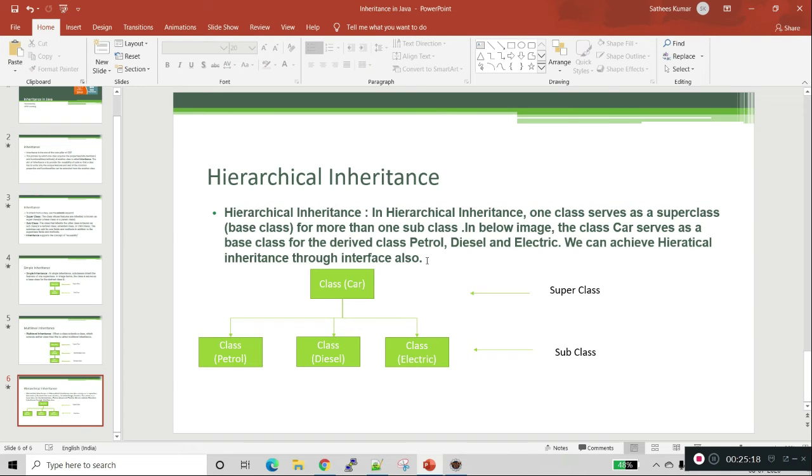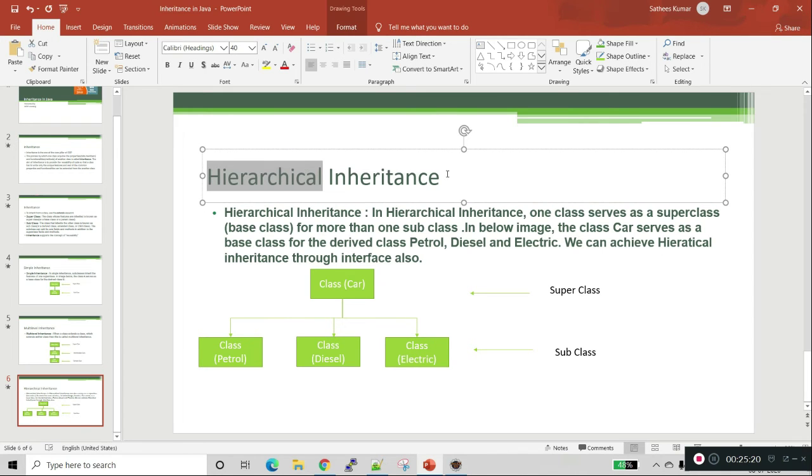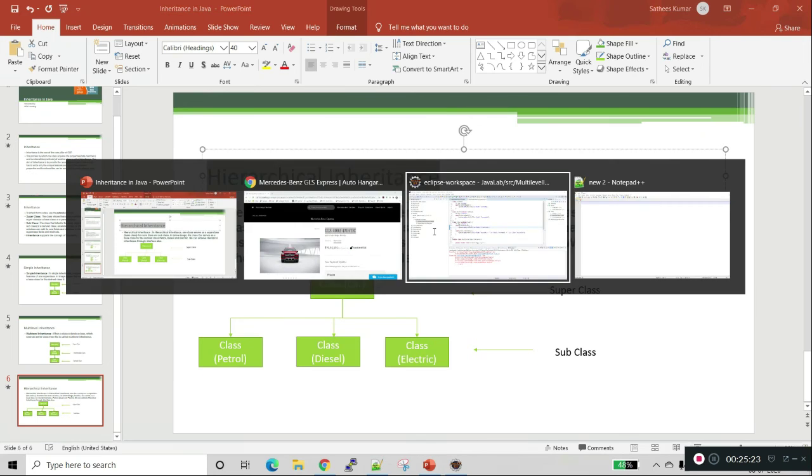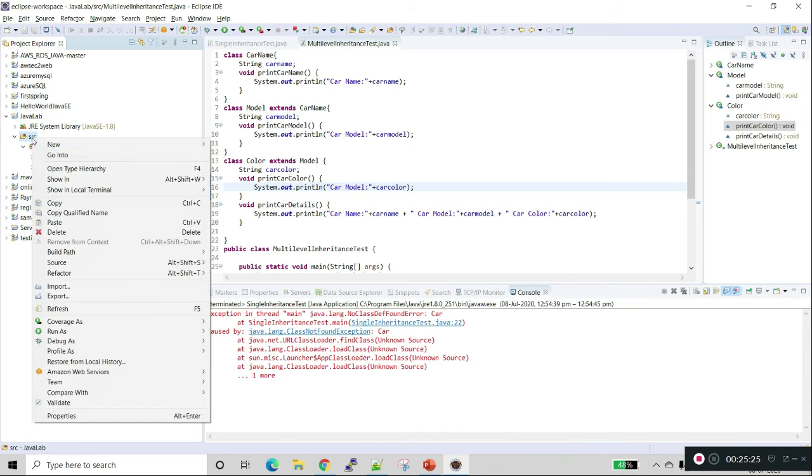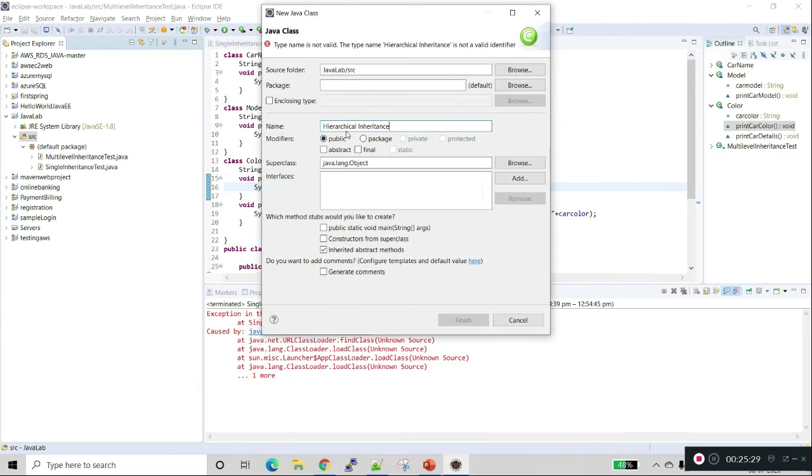We'll go to the hierarchical inheritance lab exercise. New class, test.